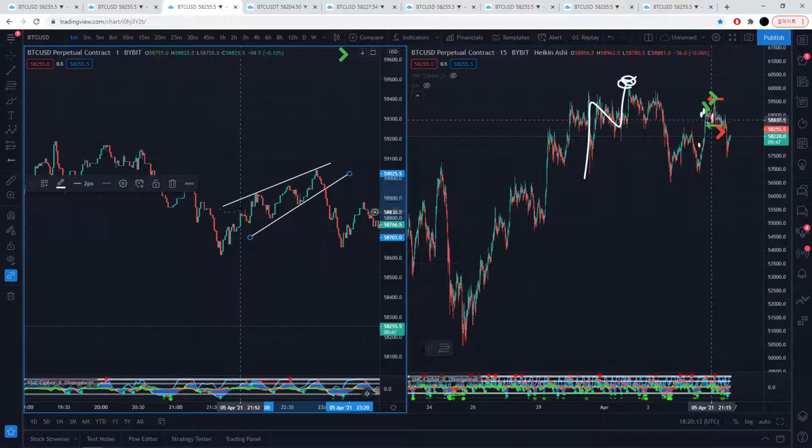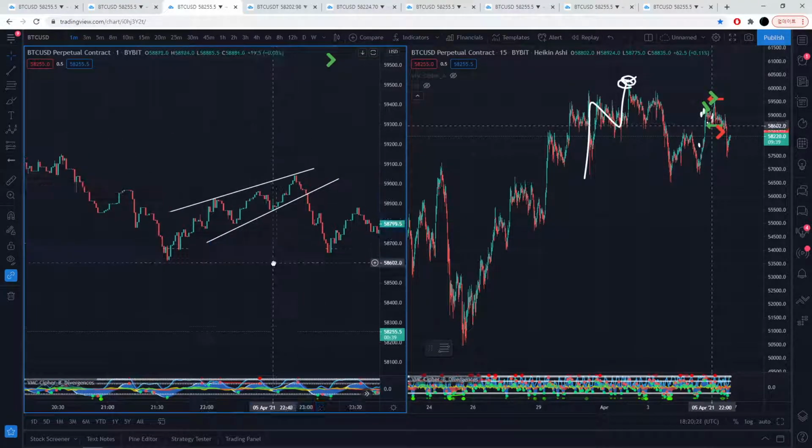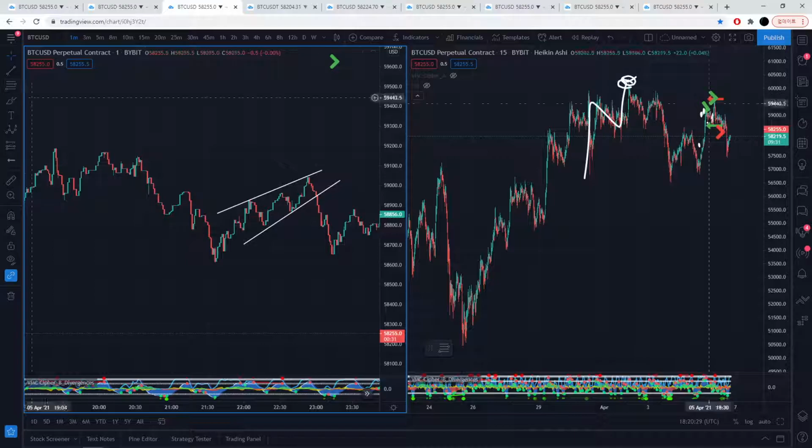So that was 1, 2, 3, 4, 5. 1, ABC, 2, ABC, 3, ABC, 4, ABC, 5. Okay, so from here you can expect another ABC corrective for the leading diagonal. So that was lower than expected. So where I went in was,